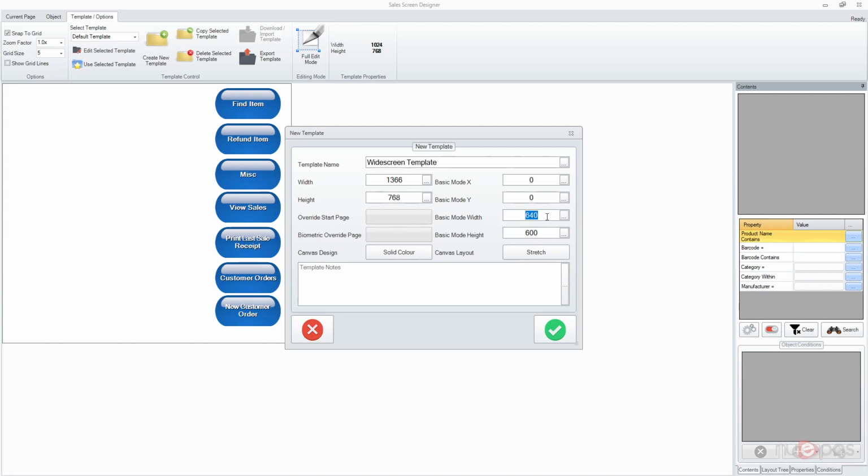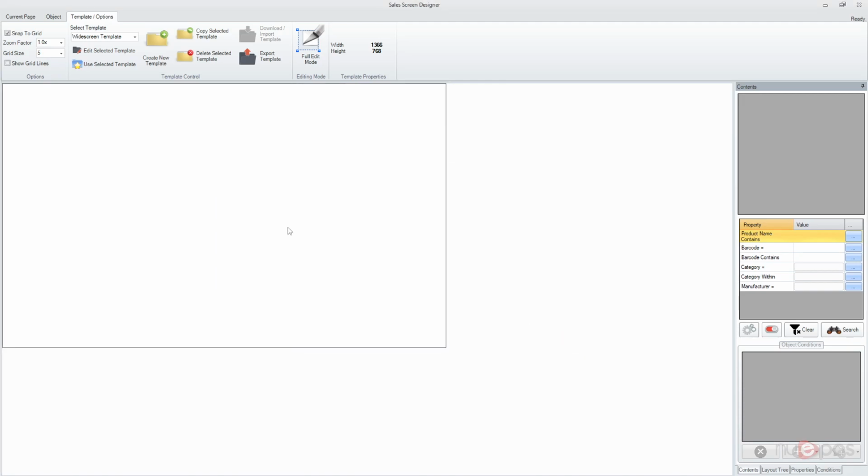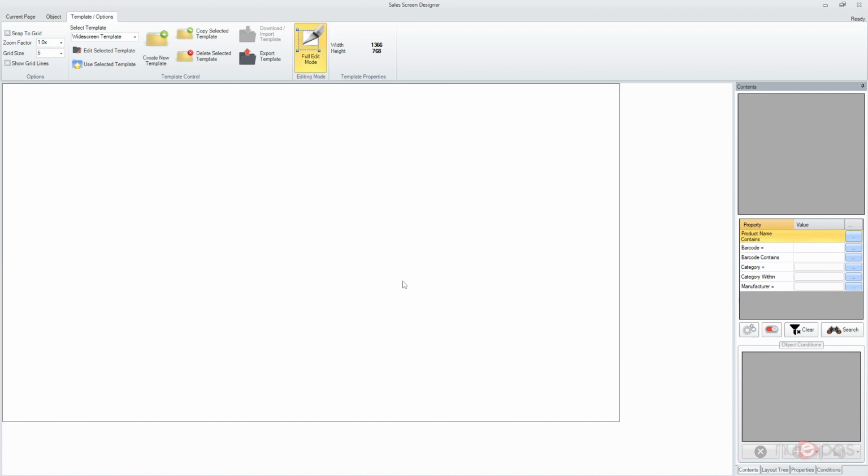Okay, so if 640 is the width for the 1024 version, then 1366 minus 1024, add that onto that, I should get 982. That stays the same, and the difference was 384, so I'm going to move that across by 384. I press tick, good, and now we've got, if I click on full edit mode, this is the entire